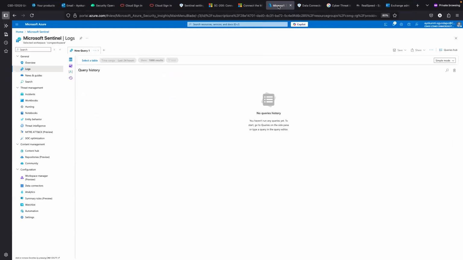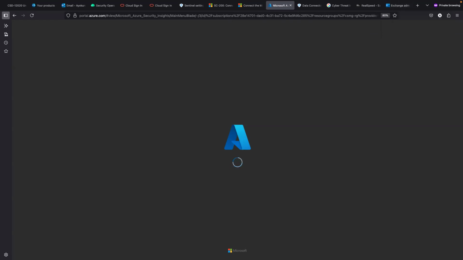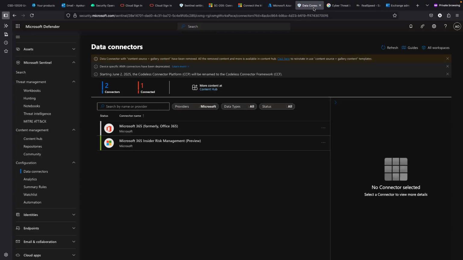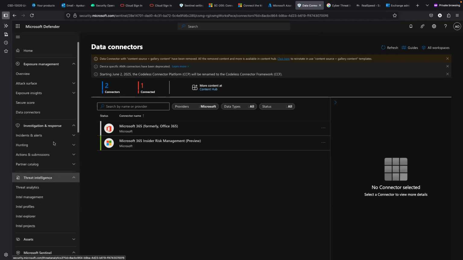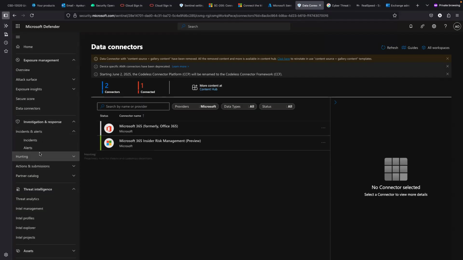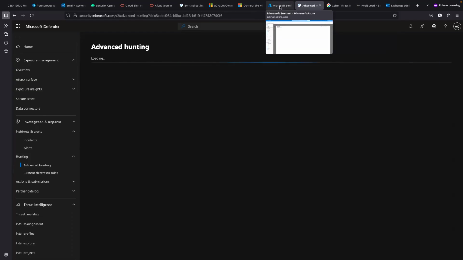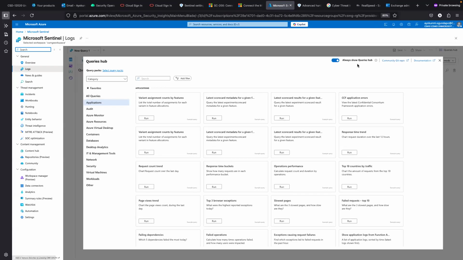You know, in Sentinel you will have different tables. Yes, exactly, that's what I was looking at, OfficeActivity. So if I want to check when this happened, I would expect the OfficeActivity table to be present in Sentinel, under hunting. The OfficeActivity table should be present for me to be able to see that event. So until it is present,